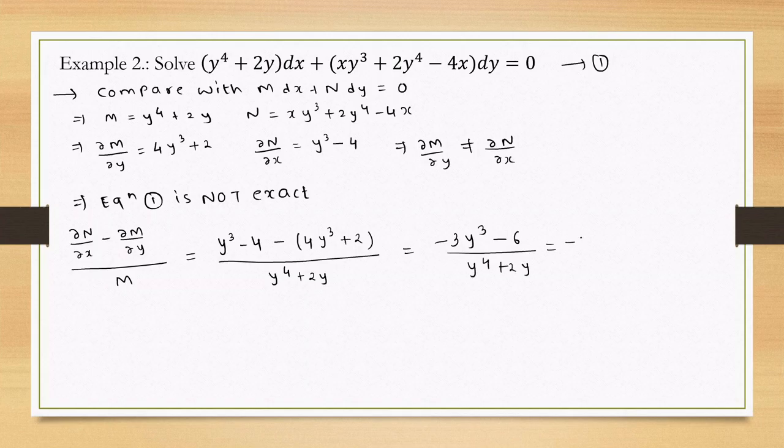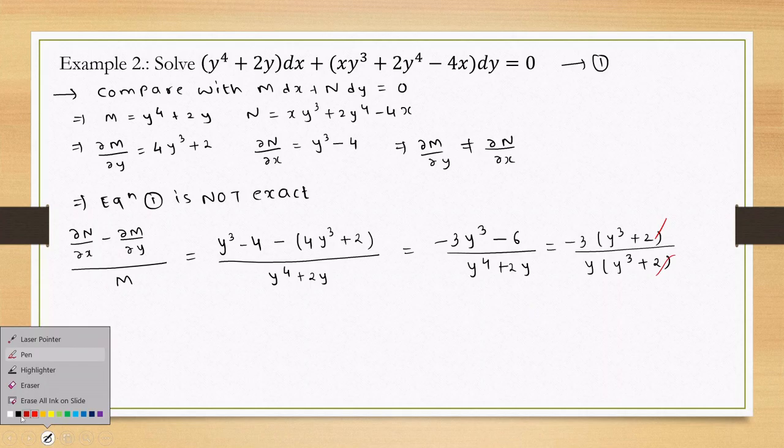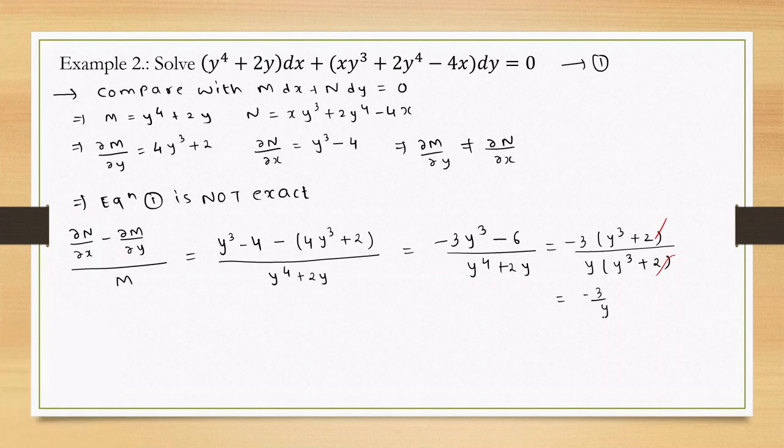Here we can take minus 3 common, so it is y cube plus 2, and here we take y as a common factor, so y cube plus 2. We can cancel out this common factor. So we are remaining with minus 3 by y, which is a function of y only. So this implies